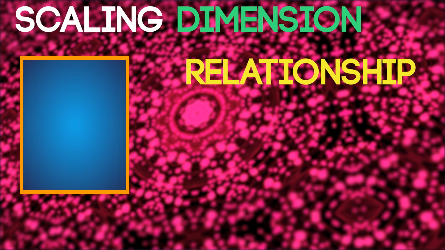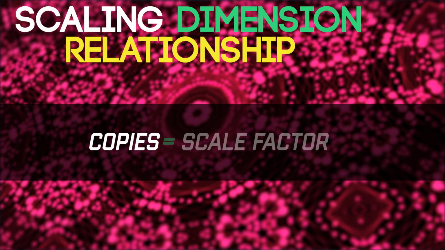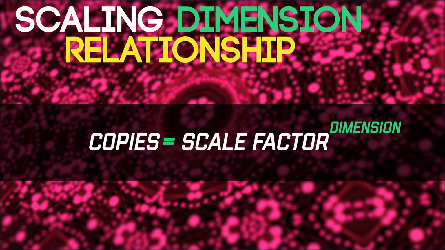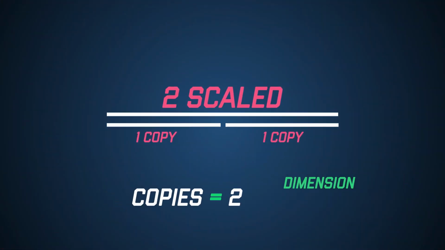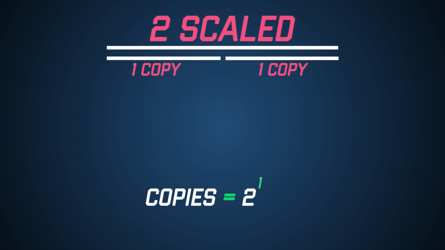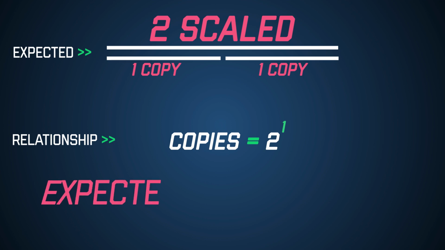Dimension can be considered as how much space a shape fills, and is defined by a scaling dimension relationship. This relationship says that the copies required of a shape equals the scale factor to the power of its dimension. Take a line for example. If you want to scale it up by a factor of 2, and we know it has a dimension of 1, then this relationship says that you will need 2 copies of the original line in order to do so,